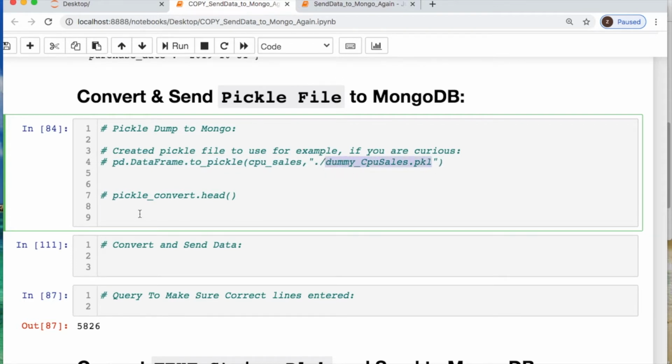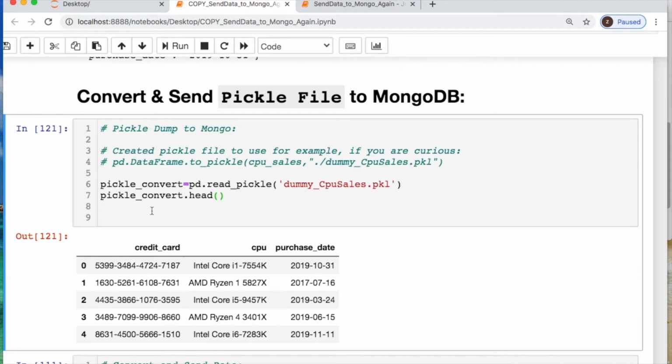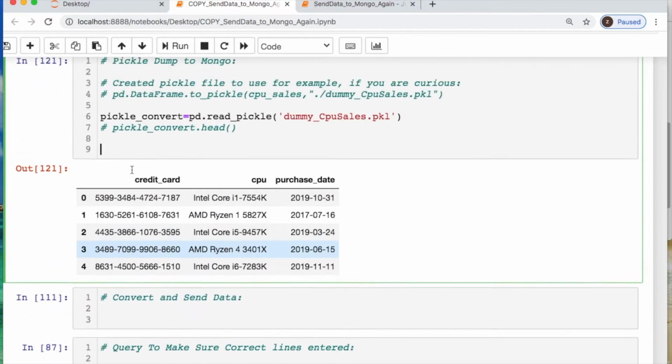So let's read this in, and I'll have to do, let's call it pickle convert. And then we'll do a pandas dot, and then we need to read our pickle file. Let's see what that looks like. Here we go. So we know that it reads in perfectly. And as always, we need to convert this file formatting. Alright, so let's convert these data